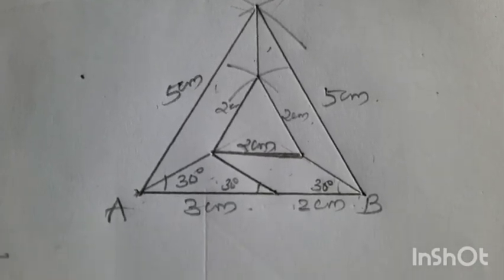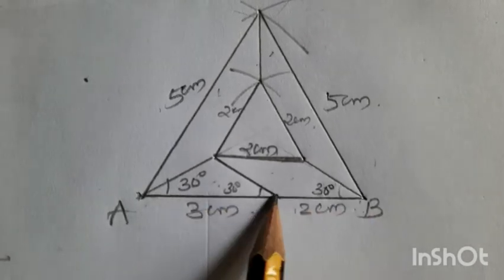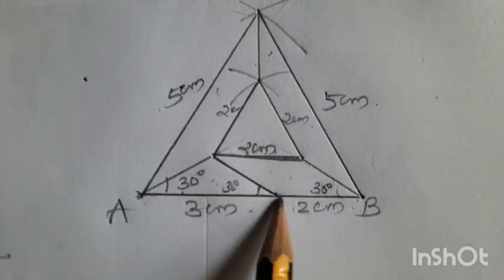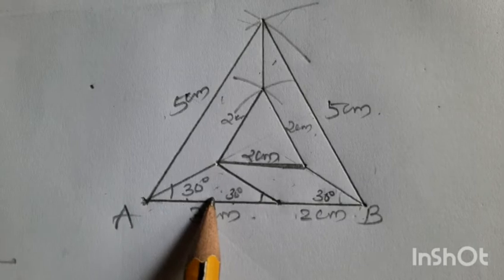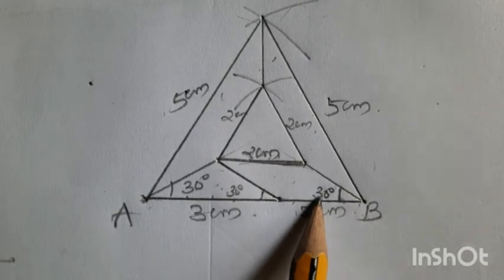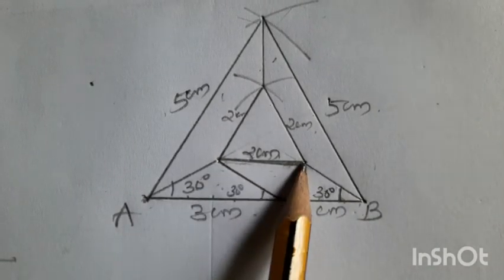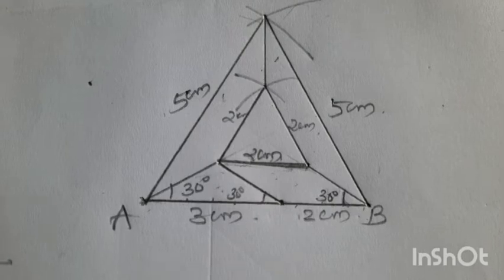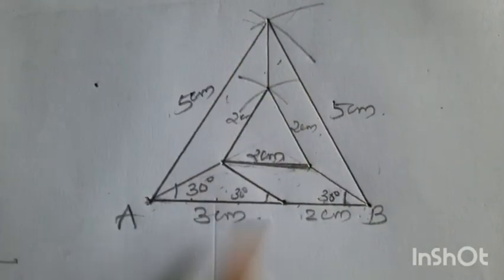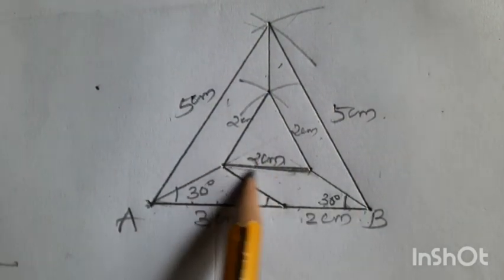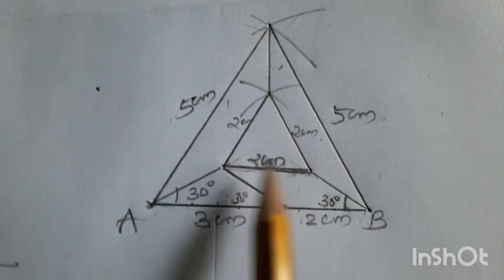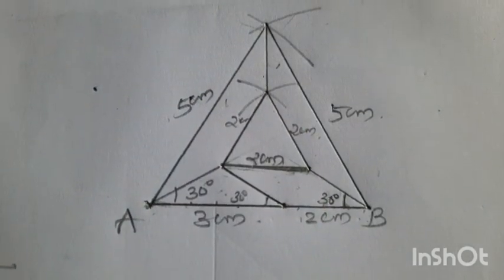So first you have to draw a line of 5 centimeter and cut it into 3 and 2 centimeter. From A, draw an angle of 30 degrees, and from this point also draw an angle of 30 and complete the triangle. Then you have to draw the parallelogram. From here also draw an angle of 30 and a 2 centimeter line. You have to draw it and complete the isosceles trapezium first. Then from A and B, draw a 5 centimeter arc and complete the equilateral triangle, and the small equilateral triangle with the 2 centimeter. We are finishing it here. Then draw the line here. So you got 3 isosceles trapeziums.